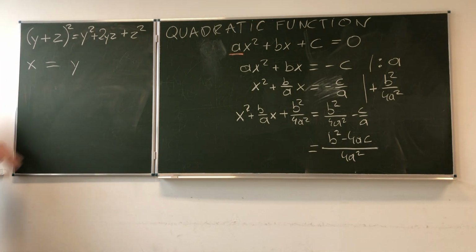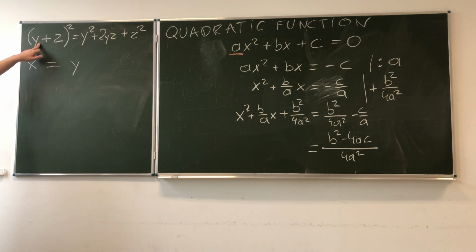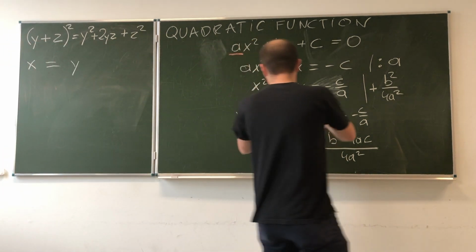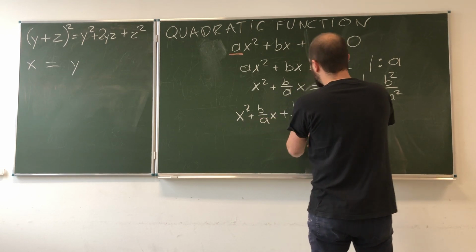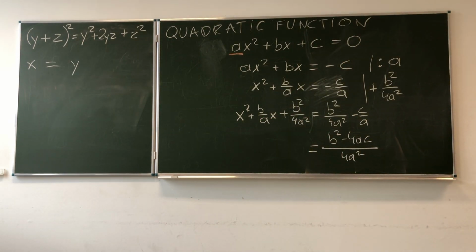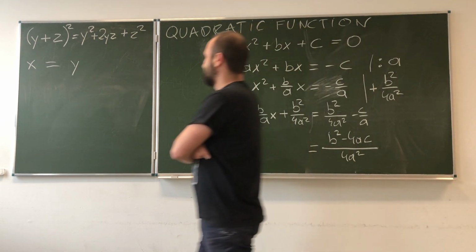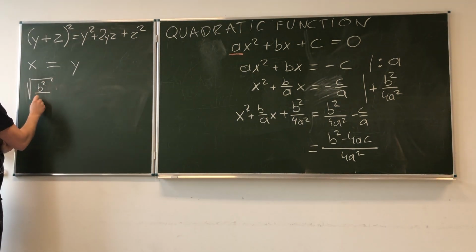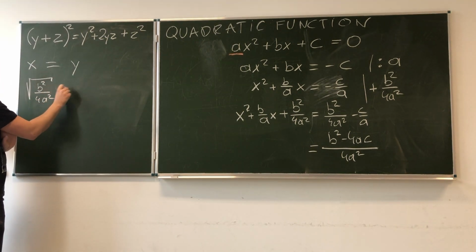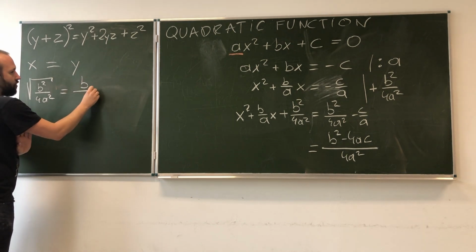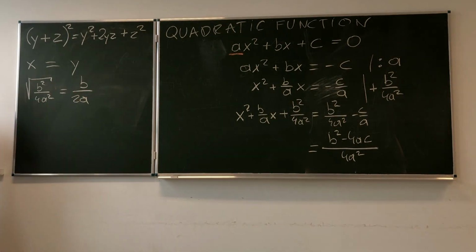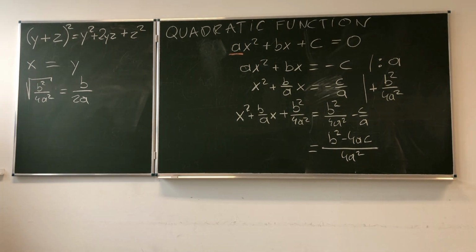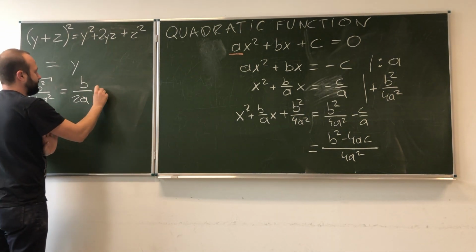Okay, let's just say that they are equal, right? From this formula. Now, look, if I'm going to take square root out of this expression, what will I get? Well, square root out of b squared over 4a squared is equal to b over 2a. And look, now I hope you start to see what we actually got over here is that this is our